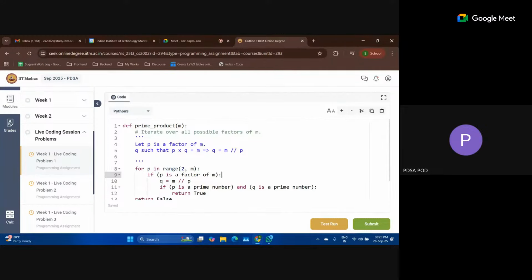You can use it, but 1 will never work, right? 1 is never a prime number. 1 is neither a prime nor a composite. So it is really of no use. We can use it, it's not a problem. We can put 1 to m. It is not a mistake. Okay.